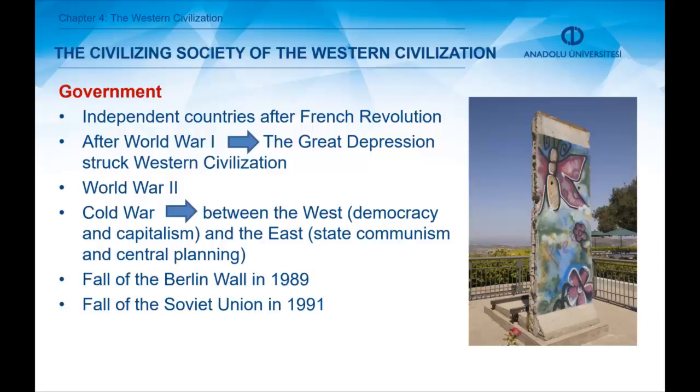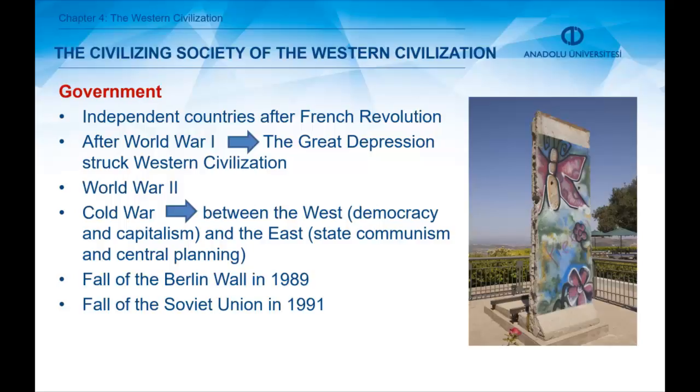How about the government structure that contributed to the civilizing society of Western civilization? The French Revolution had a great influence on the shaping of the governmental structure because there were many independent countries after this revolution. Another main event that contributed to the structure of government in Western civilization is the First World War. The effects of the Great Depression were also quite visible because it struck Western civilization in a harsh way. We have the Second World War, and following it, there is the Cold War period between the West,